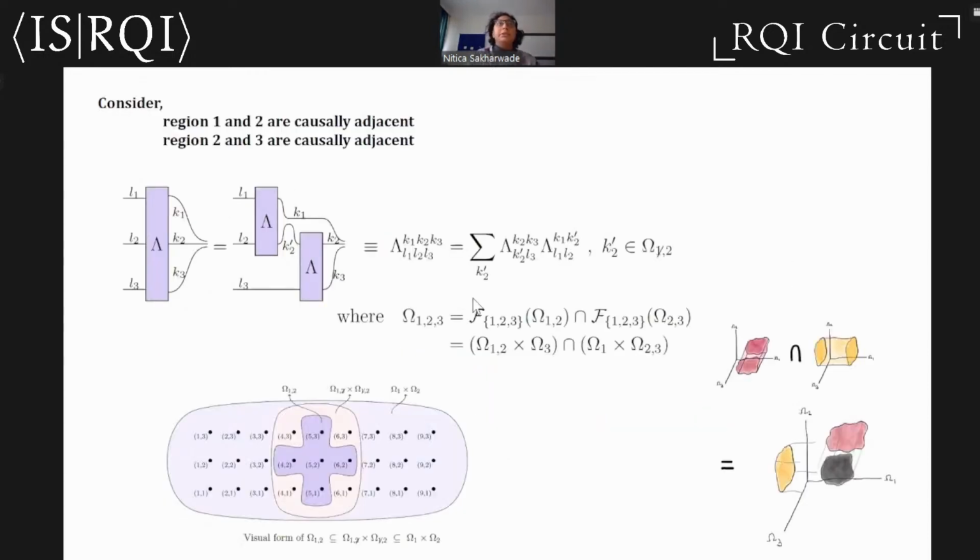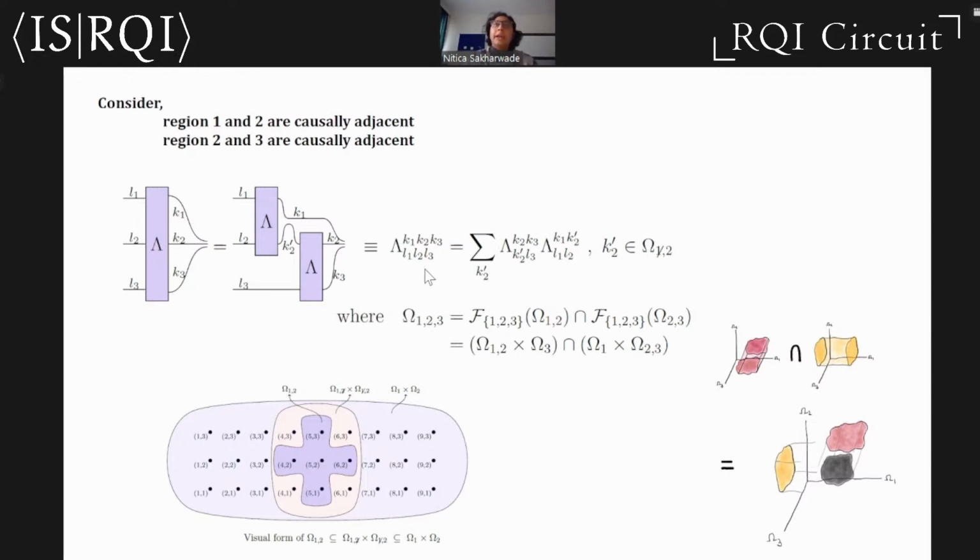And you can also assume some causal structure between these regions. You don't have to do this, but this will come in handy. So we're doing this here, where we say that region 1 and 2 are causally adjacent and region 2 and 3 are causally adjacent, but 1 and 3 are not. Then the above equation from the previous slide reduces to this equation,